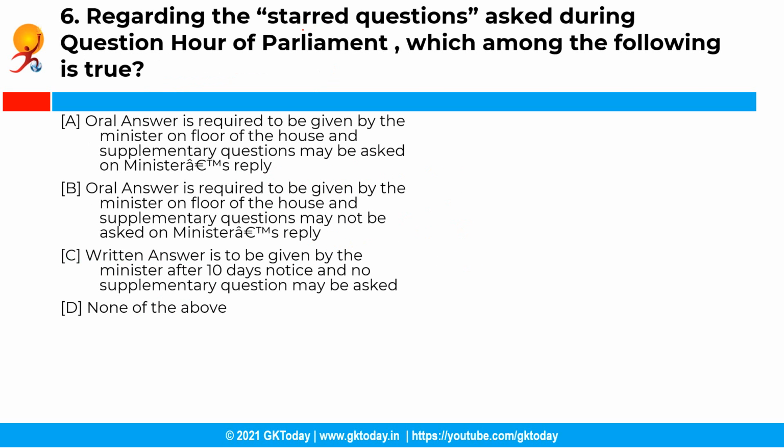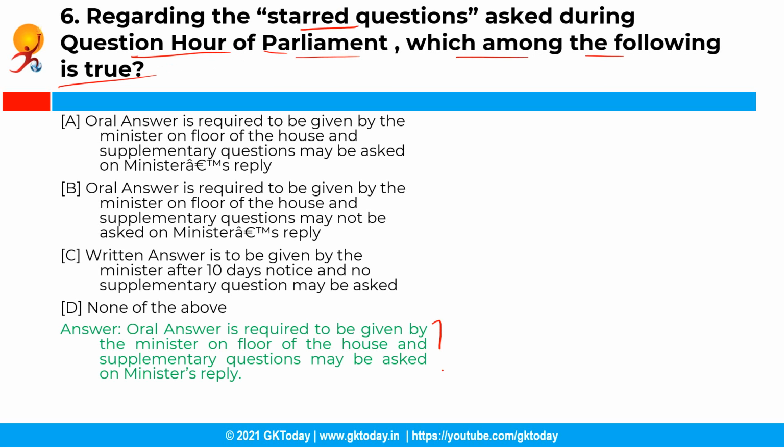Now the next question is regarding the starred questions, asked during question hour of Parliament. Which among the following is true? So you have the following answers and the correct answer is option B, that is oral answer is required to be given by the minister on the floor of the house and supplementary questions may be asked on the minister's reply. See, starred questions are those for which an oral answer is expected, and the member is allowed to ask a supplementary question with the permission of the speaker after the reply is obtained